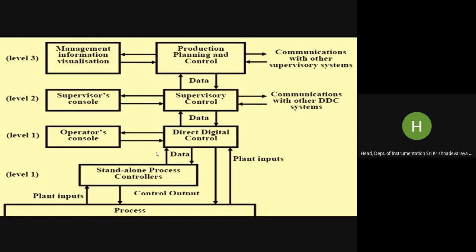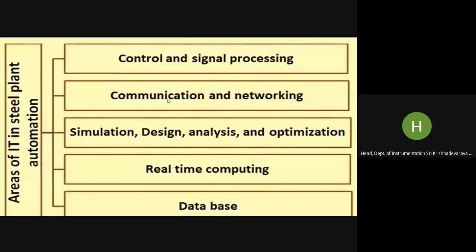Now let's come back to this. The areas of computer applications in steel plant automation are nothing but application of IT, connecting one another, because when you control a typical process with less human intervention, we normally call it automation. That's the only difference. Now, what happens in an iron and steel plant in automation is that you have different areas in the steel plant.